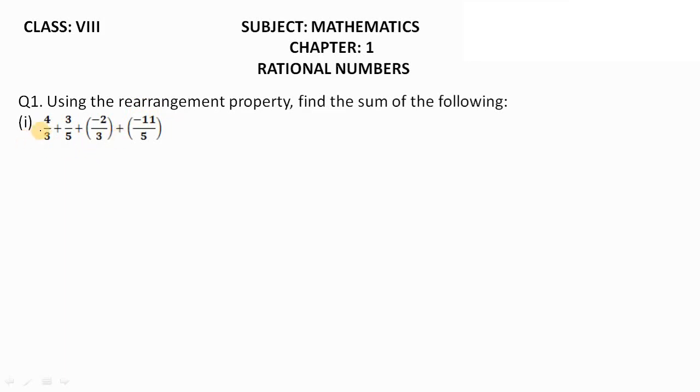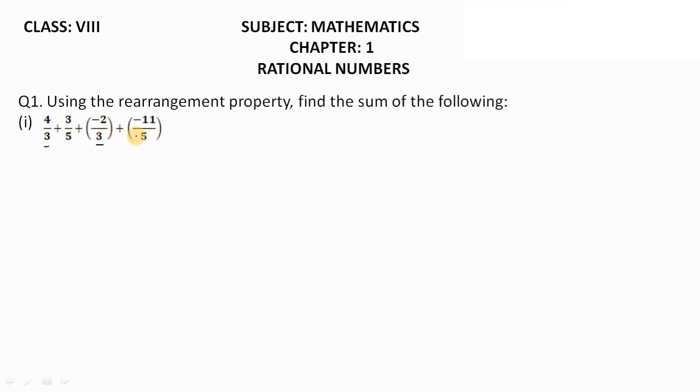question. So the first part is 4 by 3 plus 3 by 5 plus minus 2 by 3 plus minus 11 by 5. For this you need to check the rational numbers which have the same denominators or whose LCM can be easily taken. So I can see the first rational number is 4 by 3. In this the denominator is 3, and in minus 2 by 3 also the denominator is 3. That means I can pair the first and the third rational number together, and the second and fourth